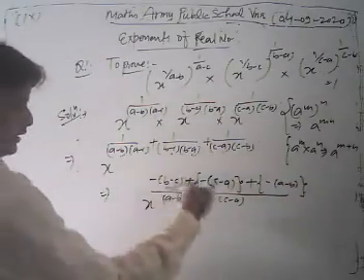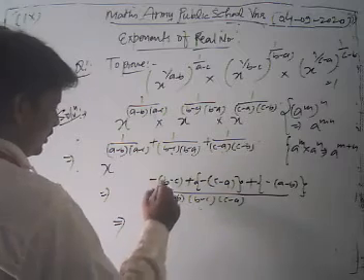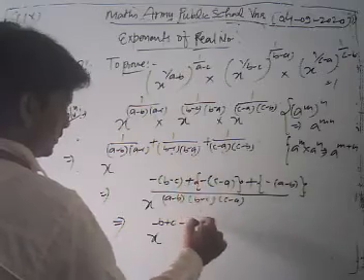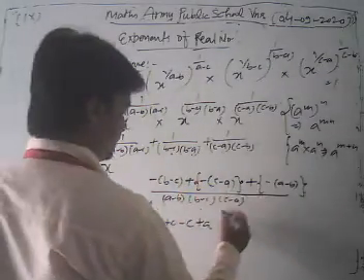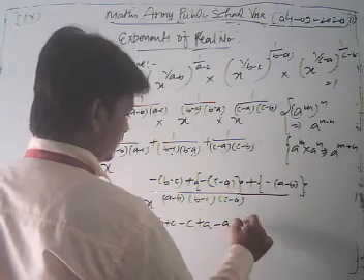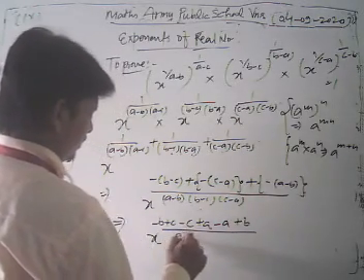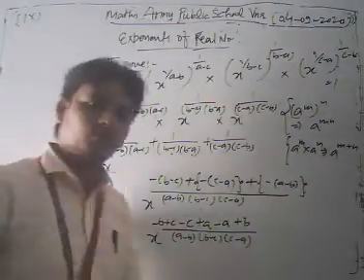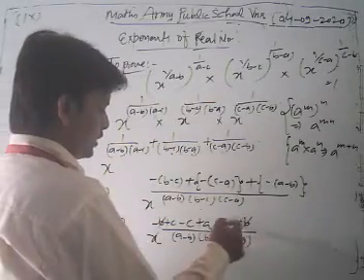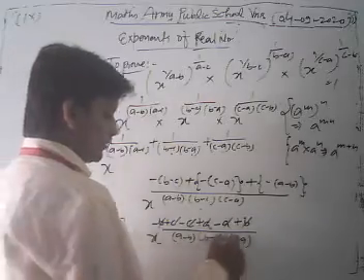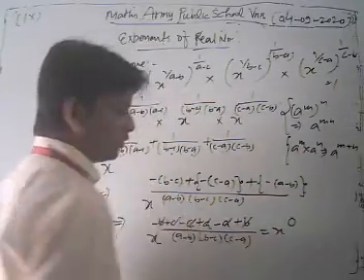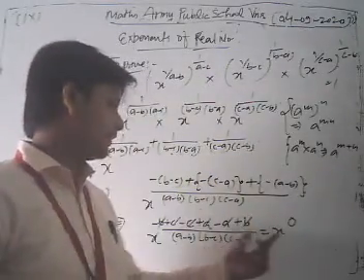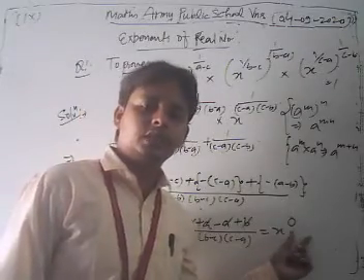Now we simplify them. Let's see, x to the power, let's break the brackets. So minus b plus c, minus c plus a, plus a minus b, upon a minus b, b minus c, c minus a, as it is. Okay, now look here, minus b plus b cancel to each other, a and a cancel, c cancels. So we get x to the power 0 upon a minus b, b minus c, c minus a. Zero upon any value is what? Zero. So here we get x to the power 0 upon that.